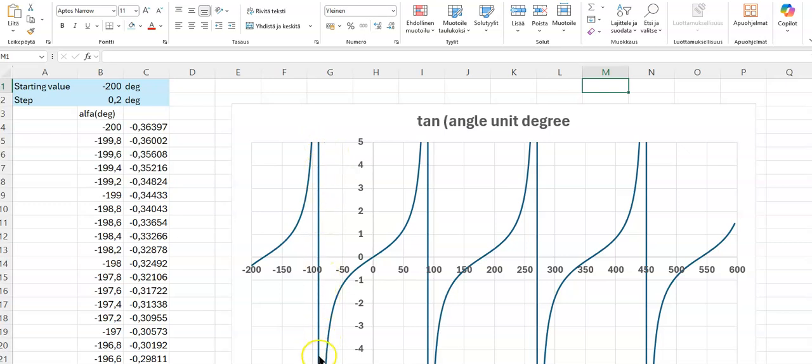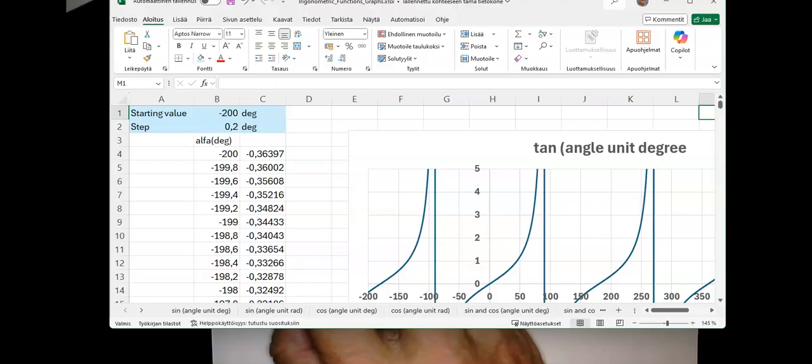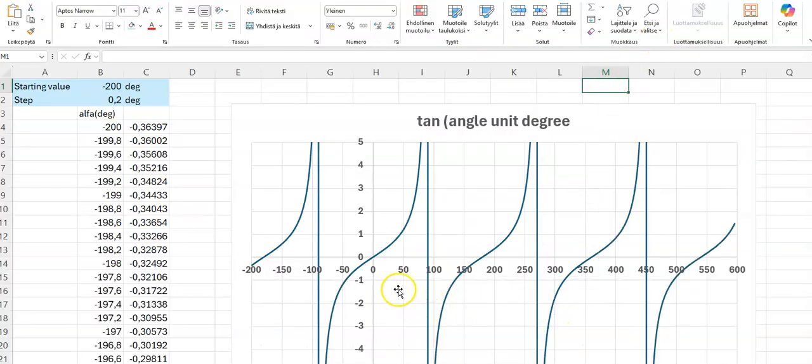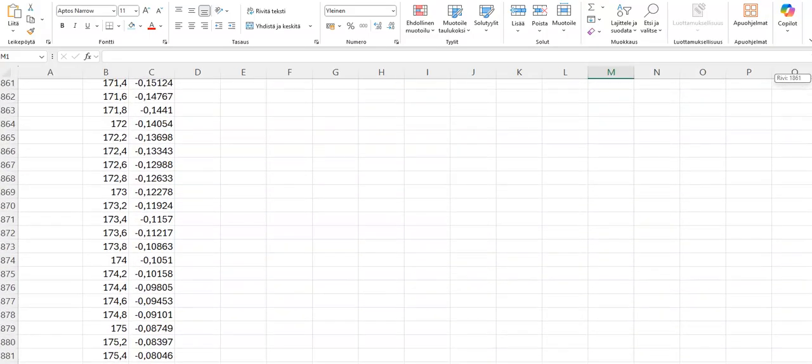Why are there these kinds of discontinuity places in tangent? We can see it from, first, the period of this tangent line. We can see that it goes through the origin here. Next time it goes, so remember this vertical line does not belong to the tangent curve. Here it goes again through the horizontal axis, and you can see that the x coordinate for that place is 180 degrees. Let's see from this column there,